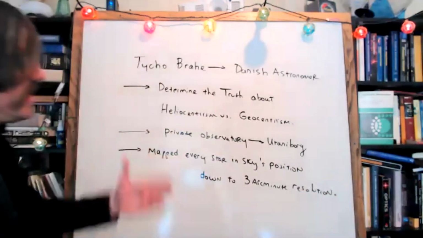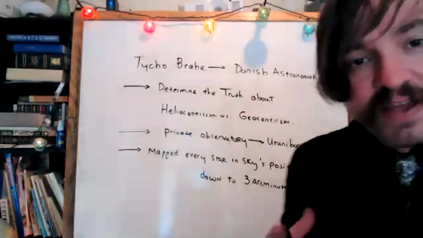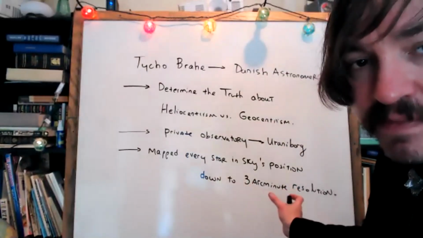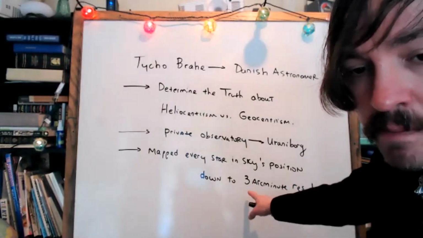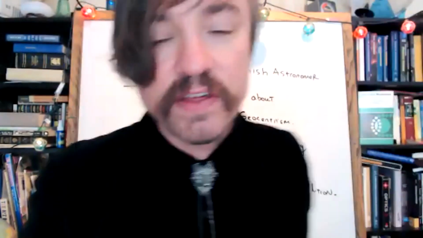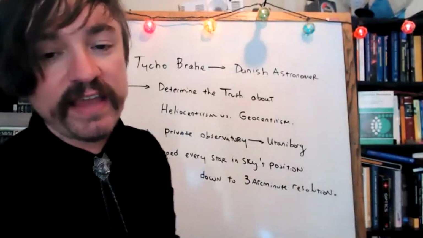The reason why modern day astronomers are so impressed with this is that it was a major, very scientific undertaking of the sort that a modern astronomer would do: carefully measuring and mapping the positions of stars. By the way, 3 arc minutes is the limit of human vision. You cannot see any angle that is smaller than 3 arc minutes. It doesn't matter if it's a galaxy. It doesn't matter if it's a paramecium floating around in your eyeball. Anything bigger than an angle of 3 arc minutes, you can usually see. Anything smaller, you can't. So he basically did the very best he could do with his naked eyeballs.